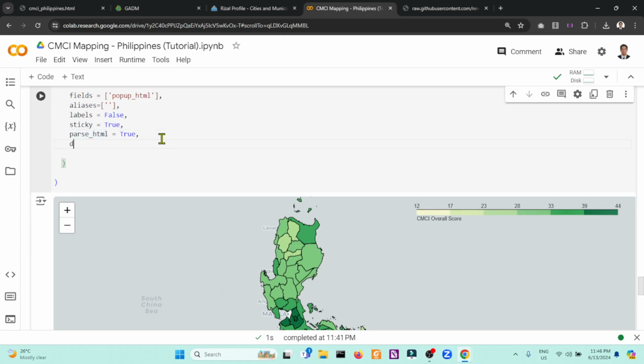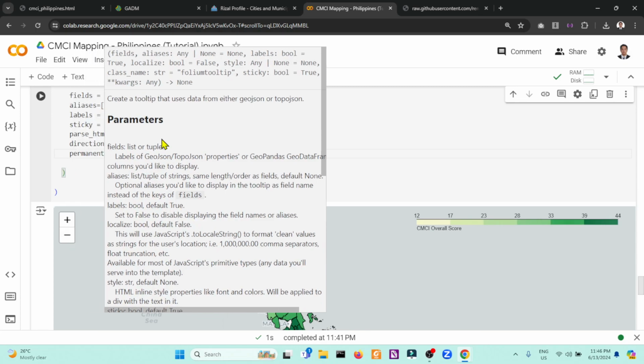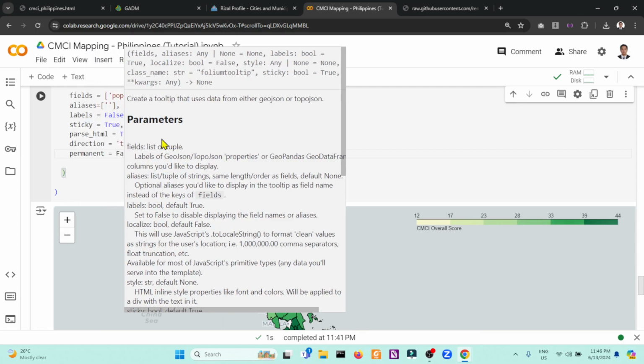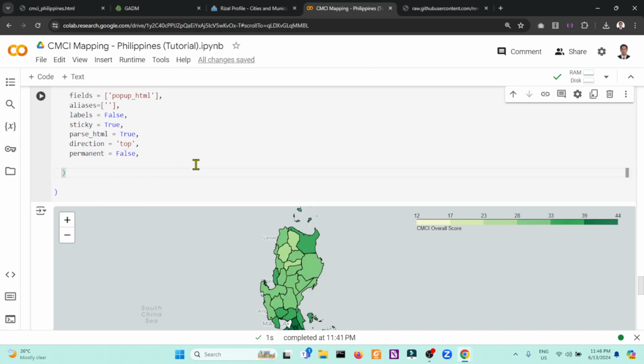Another, the direction of the tooltip, possible values: top, left, right, bottom. We will project the tooltip at the top. Then permanent, we will set to false. This means that the tooltip is not permanent and will only appear when the user hovers over the specific region of the map.